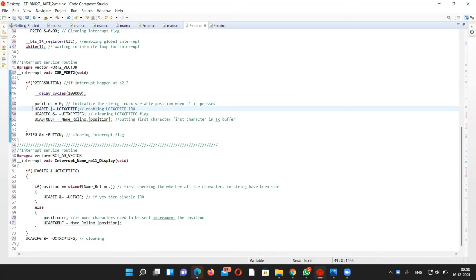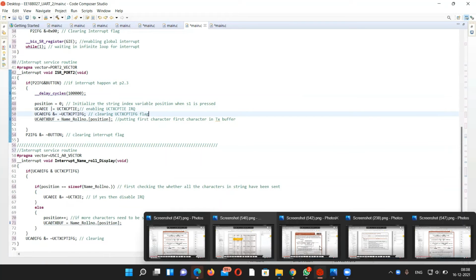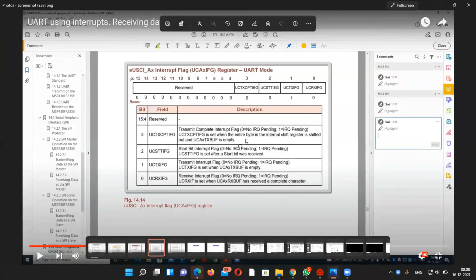First, it enables the UCTXCPTIE interrupt request and clears the UCTXCPTIFG flag. So those two are done here, and these are direct from our explanation table. So this is the table.